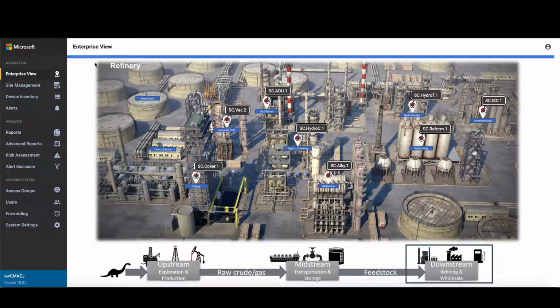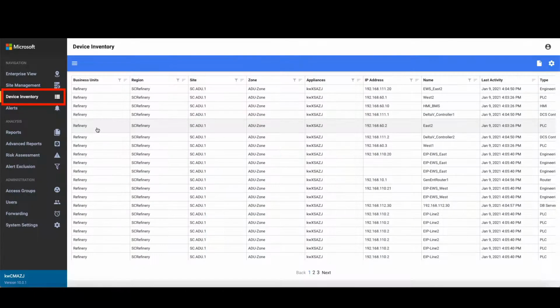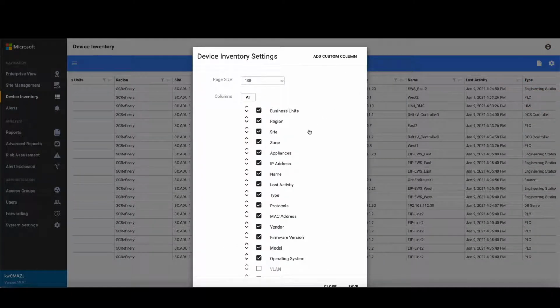So here we're in our central manager. I'm at the enterprise view now. I want to go to device inventory here on the left, the third one down. And this will list all of my assets that have been discovered across my entire environment, my global environment, in a spreadsheet type form. And you'll see at the top, I can filter and I can sort by any one of these headings. And if I go over here to the gear icon, as we've seen in the PowerPoint,